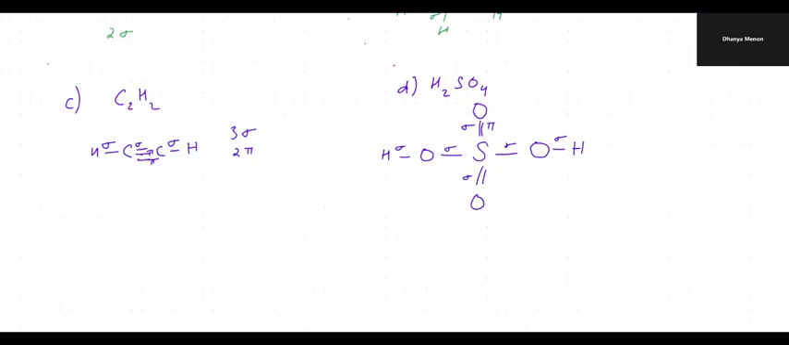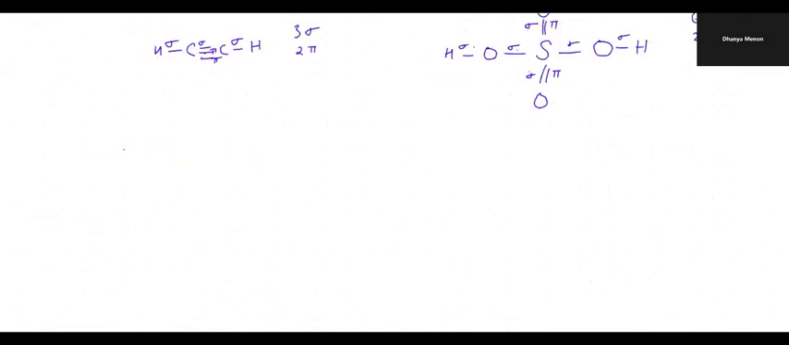So I have 2, 3, 4, 5, 6. 6 sigma bonds, counting once again, 1, 2, 3, 4, 5, 6 sigma bonds. And how many pi bonds? 2 pi bonds. Okay, then the next one is